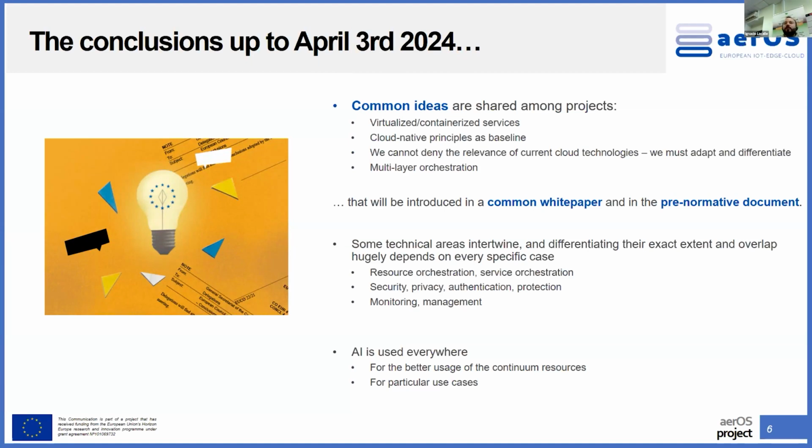And finally, concluding, what we observed is also a common perspective and conclusion for our projects: AI is being used everywhere. Both internally, in orchestrating the workloads in a continuum, how you organize it, how it's exposed, how it's seeable and discoverable, and also how it enables the applications and the vertical services to provide specific functionalities to agriculture, transport, health, buildings, energy, or whichever sector that can clearly leverage our abstraction of the underlying resources to provide these advanced neural networks and other kinds of AI models for specific functionalities.